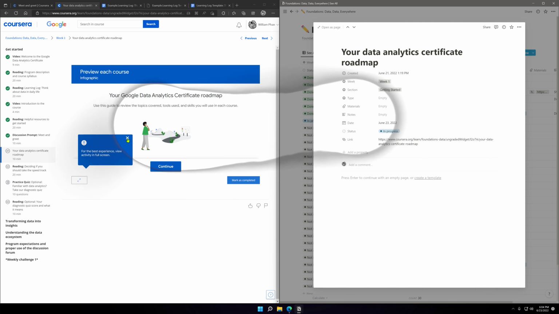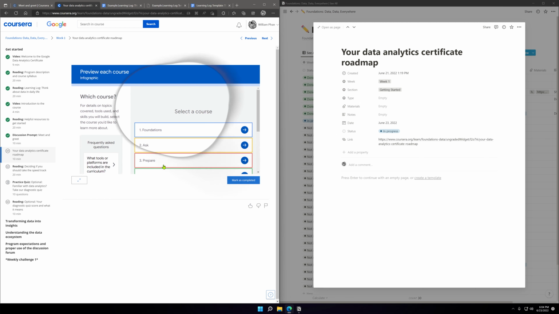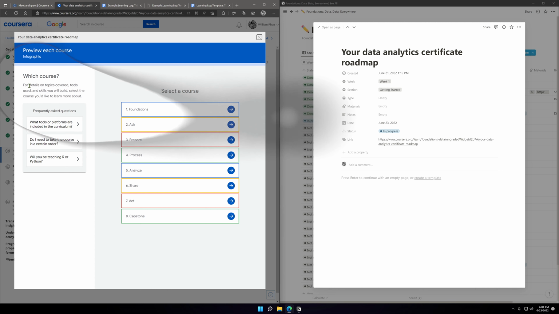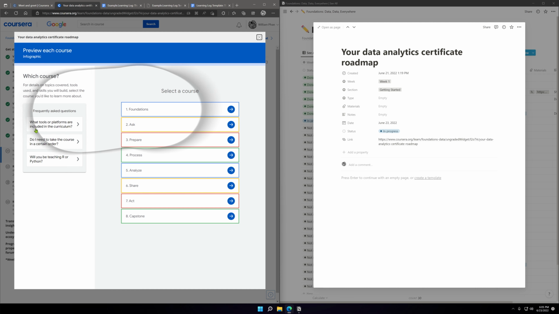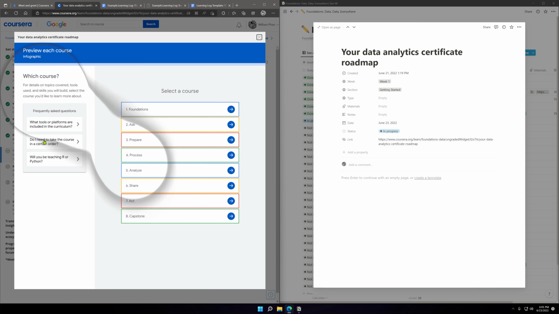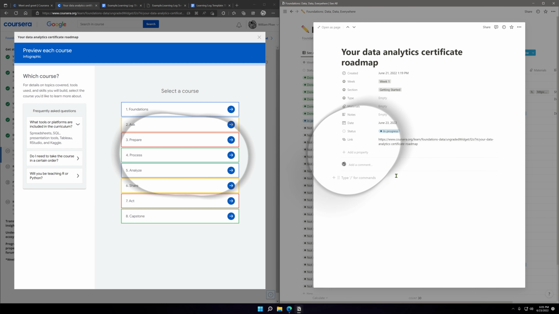Okay, that works. Which course? For details on topics covered, tools used, and skills you will build, select the course you'd like to learn more about. Okay, I guess start taking some notes.